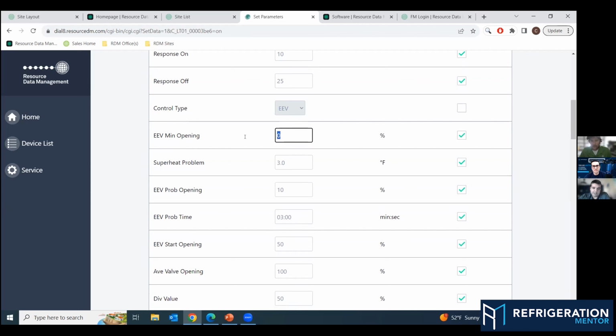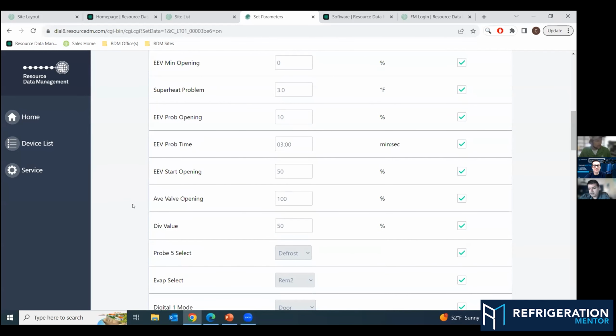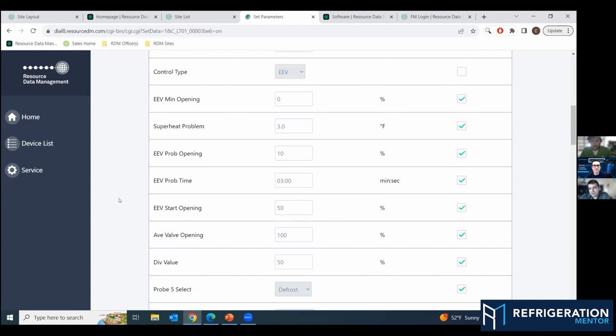And there's all sorts of settings for, if you run into a superheat issue, closing down your valve with your problem opening time for a certain period of time, that can come into play. Because if you start running low superheat, if you start getting 3, 2, 1, negative degrees, then you're going to want to close that valve and just let it sit for a while and let it